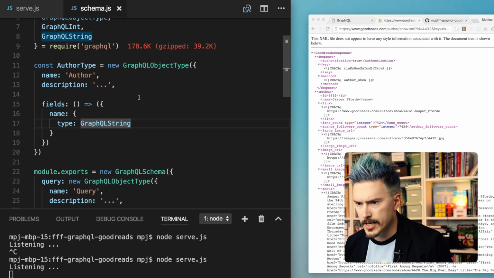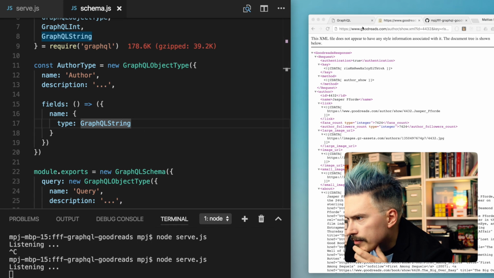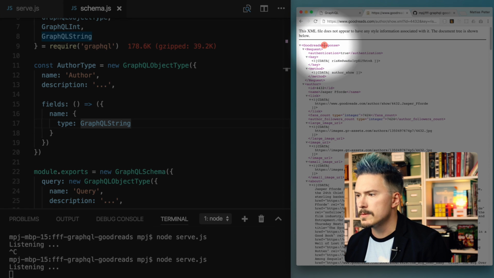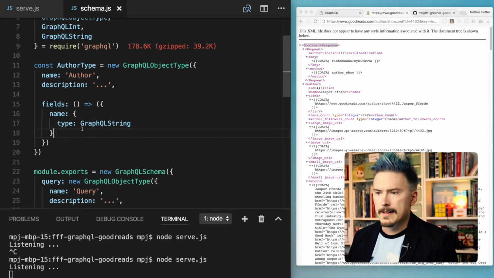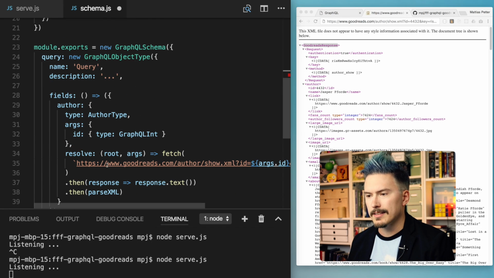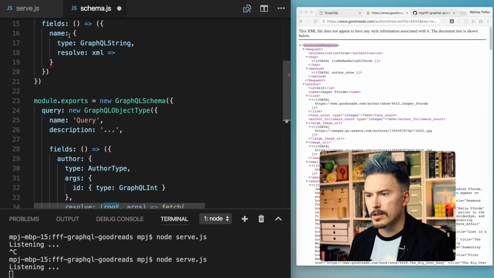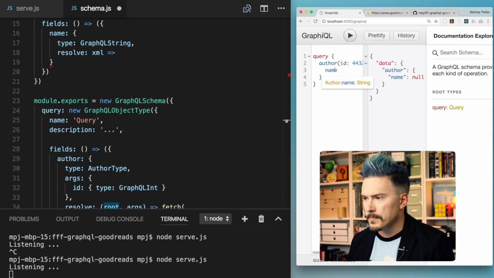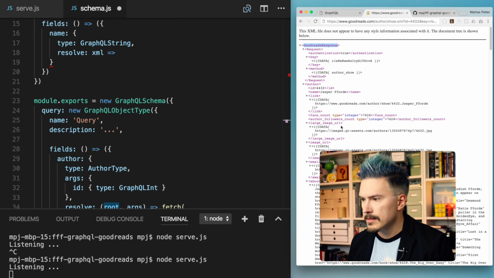Let me remove that sidebar and have them side by side. So we see here that the first root element is a GoodReads response. Let's copy that. And name. We need a way here to resolve the name. The resolve function again has the same format. But remember, right now it doesn't get any arguments because there are no arguments going on here. Only arguments going on this level. So here it just gets the name, but it has been passed the